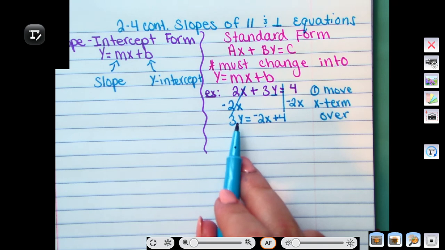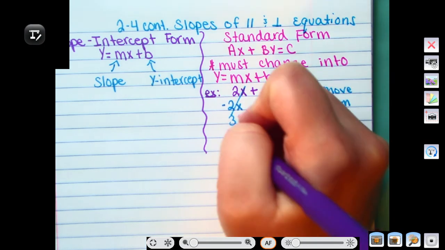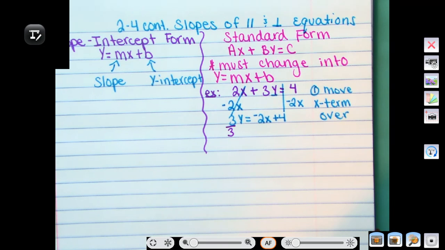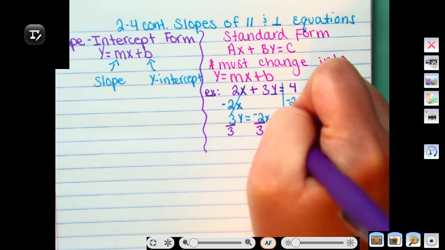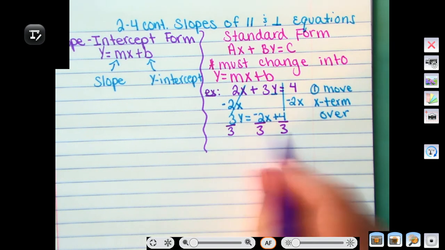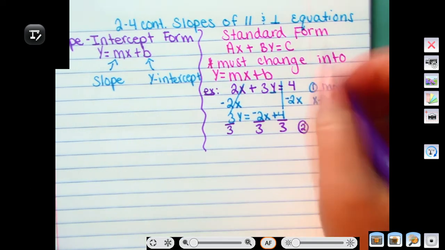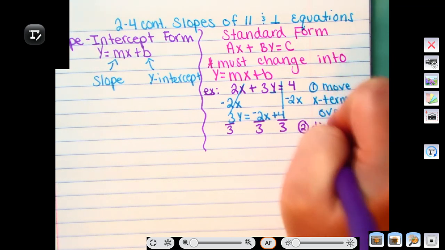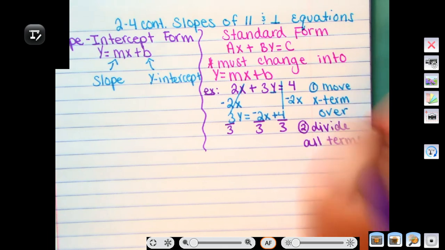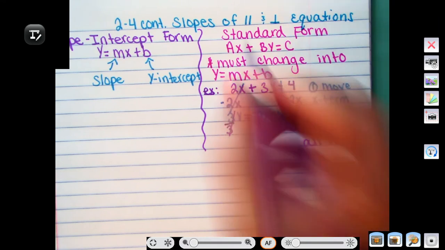So I need to get rid of this 3. How can I get rid of this 3 here? Inverse operations. I'm going to divide both sides by 3. Now, the thing is, though, I divide everything by 3. Okay? Everything gets divided by 3. So we're going to divide all terms. Okay, we're dividing all of the terms. So that cancels, and I am left with